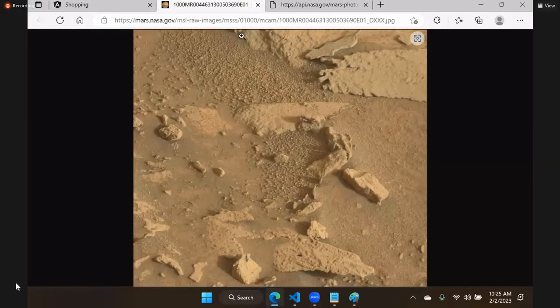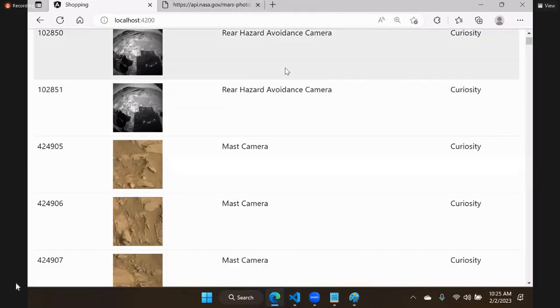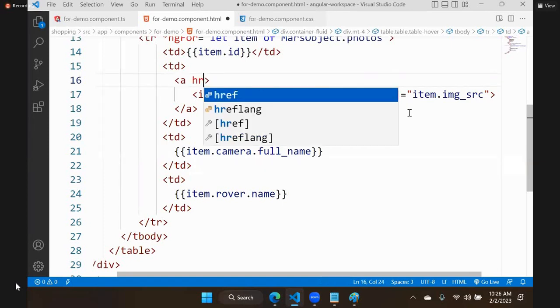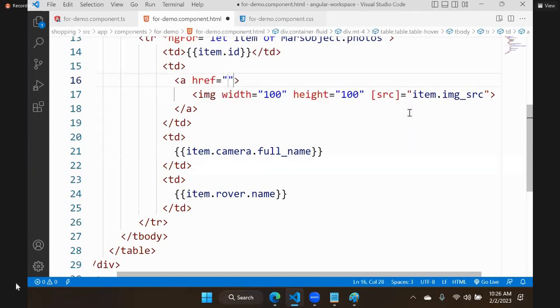You can open in a separate tab or in a separate window. That depends on how you want to present. For that, you can use Bootstrap, because in Bootstrap you can create a pop-up. In a pop-up, you can show that image preview. Here also we can do it, but it's a lengthy process. Actually, what we can do here is in the anchor, href can use